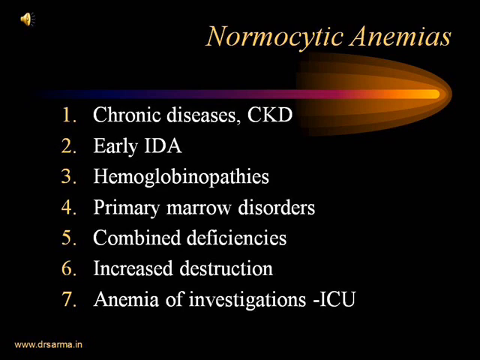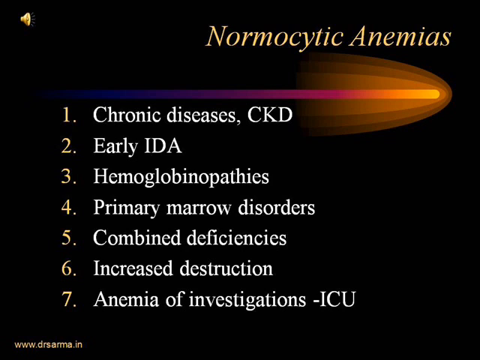We have seen microcytic hypochromic anemias, macrocytic megaloblastic anemias, macrocytic non-megaloblastic anemias. Now, there is another class of anemia called normocytic anemia. What are the conditions which give rise to normocytic anemia? They are importantly chronic diseases, particularly chronic kidney disease or CKD, early forms of iron deficiency anemia, some forms of